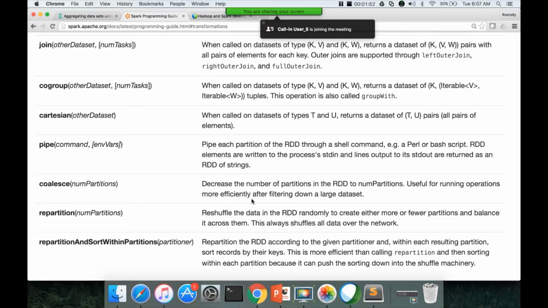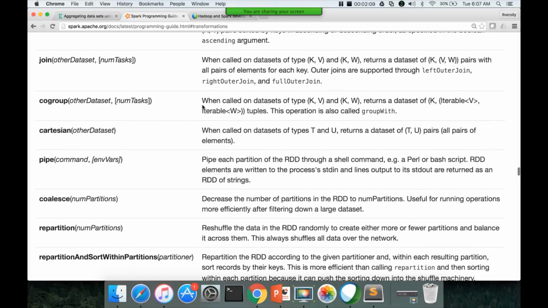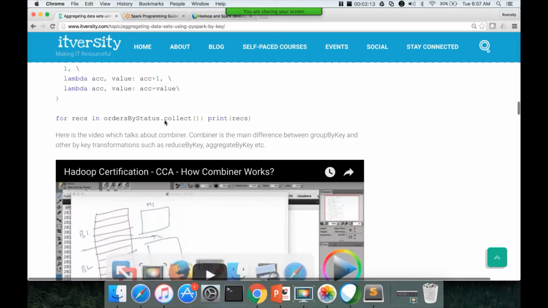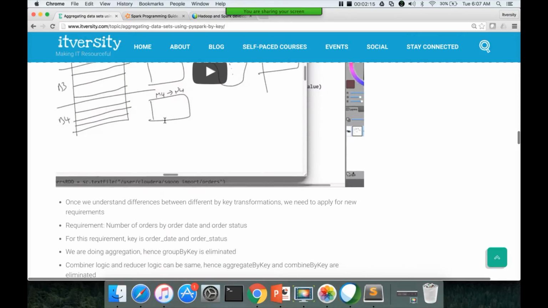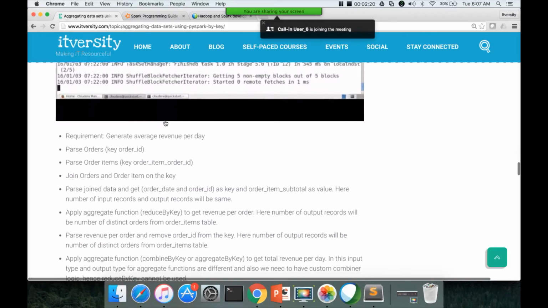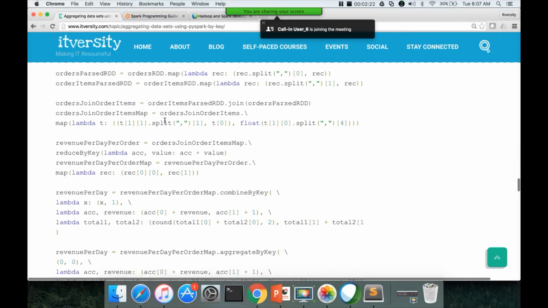Another way is, while computing total revenue itself, if we can compute the total number of orders as well, then you don't need to join twice. In that scenario, aggregate by key will come handy. So I will not be executing each and every code snippet like the way I have done earlier. I will just explain how it can be done using my GitHub code, which is also copied into my website. Okay, so this is the example